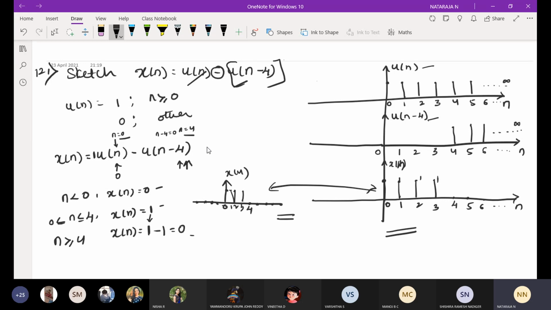I am going to use this method from the next class. I am not using this graphical representation. If it is easy, we can write this. If it is difficult, we can go. Any doubts? No, sir. Okay, please make a note of this. We'll take attendance. Then we'll continue in the next class.